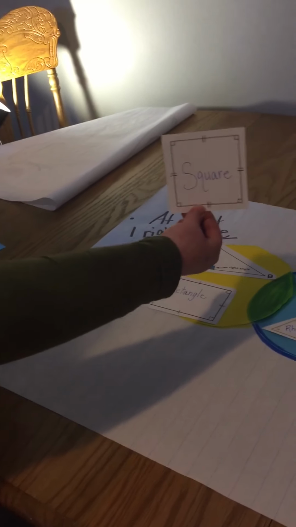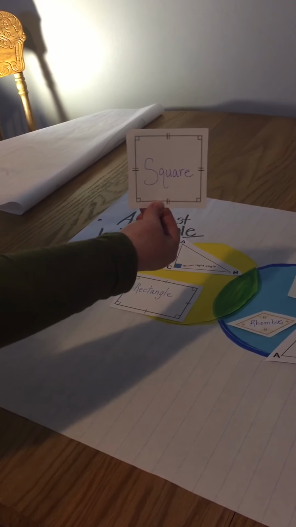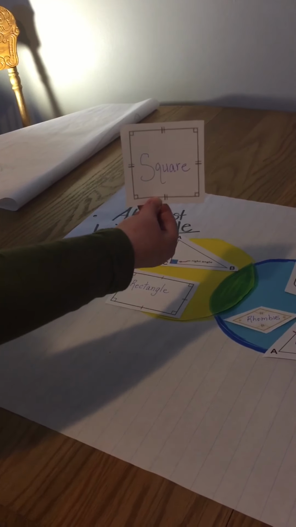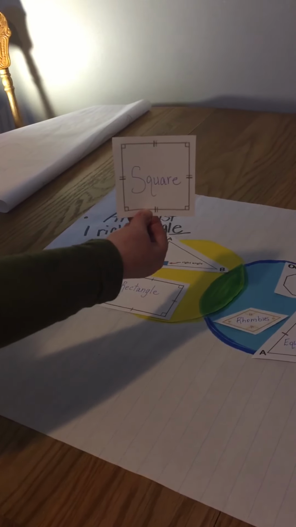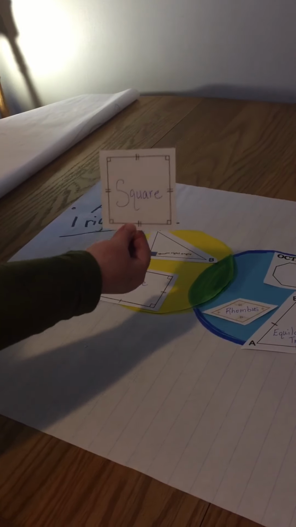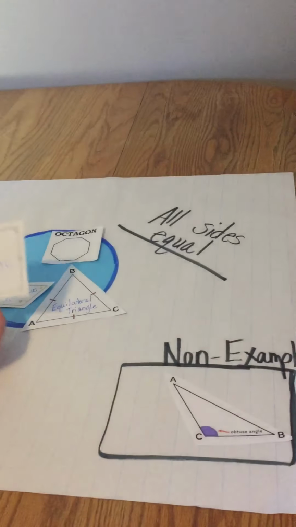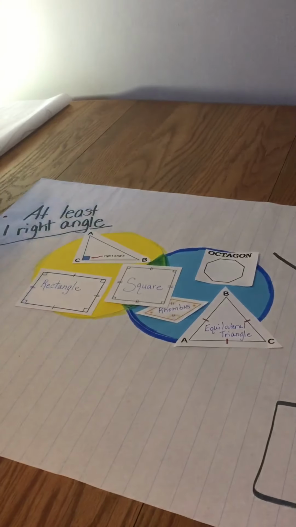Finally, here's our mystery shape. We call this typically a square. We're going to learn today how there are other names because of the properties or attributes that we talk about. There are other names for this figure. For this example, it does have right angles. All sides are equal, so it actually goes in the middle. Now, let's look at a video that will help you a little bit more with these new 5th grade vocabulary words.